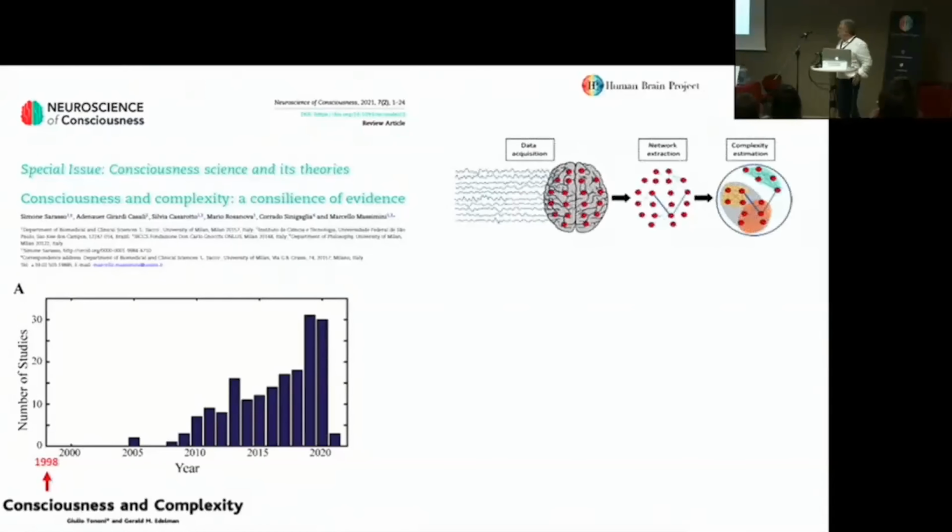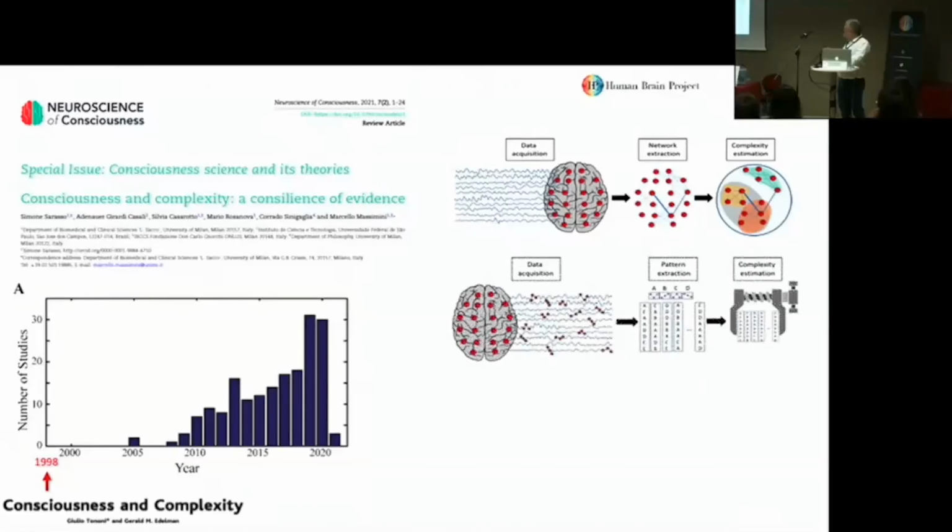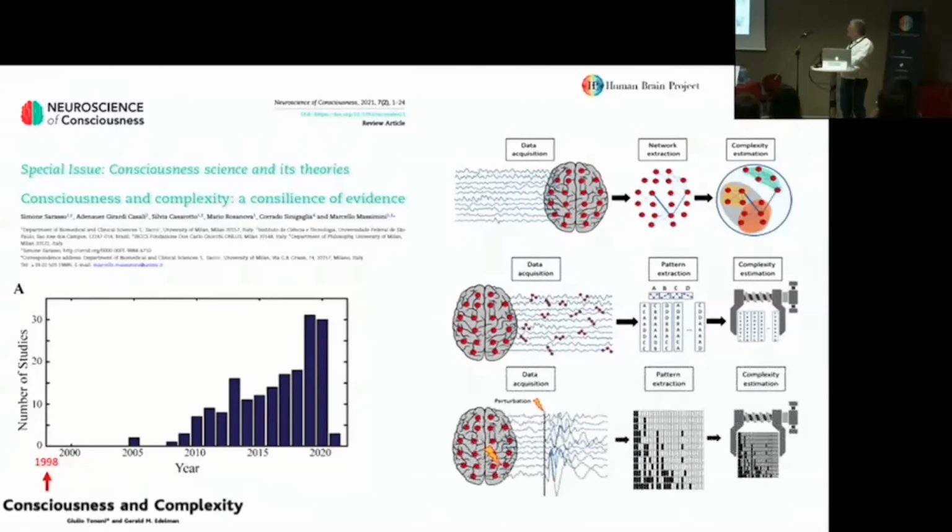We also showed that there are basically three approaches to measure complexity. One is based on topological differentiation, one is based on temporal differentiation, and the third one, the one we chose